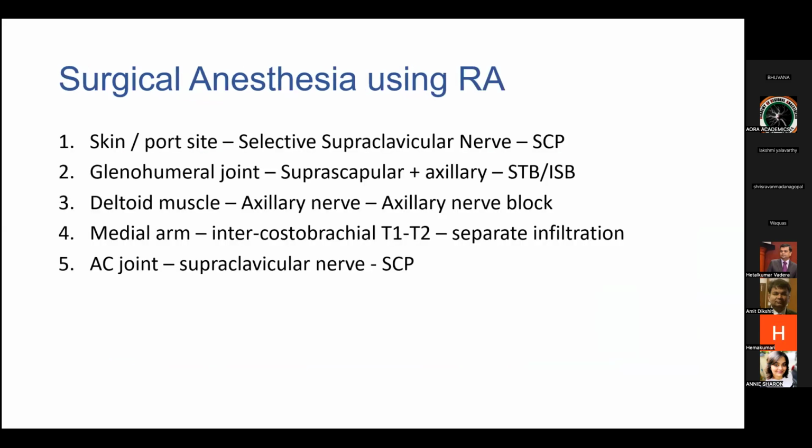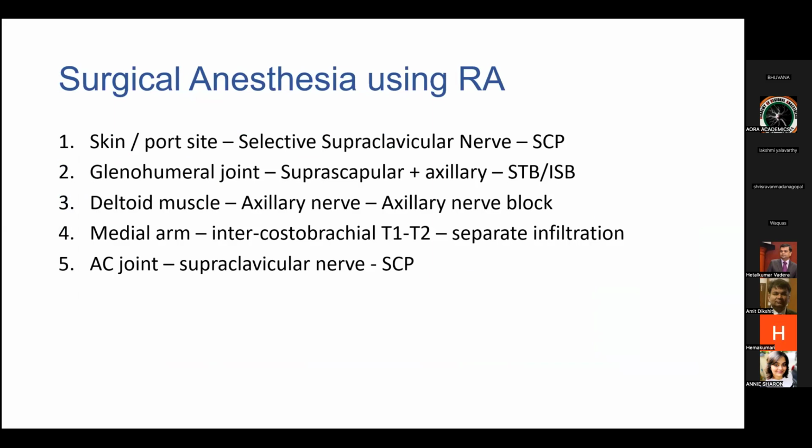Surgical anesthesia using regional anesthesia. These are the parts we need to cover for the shoulder. For skin or port infiltration, selective supraclavicular nerve or superficial cervical plexus block. For the joint, we need to cover suprascapular plus axillary nerve. Either we can go with superior trunk or